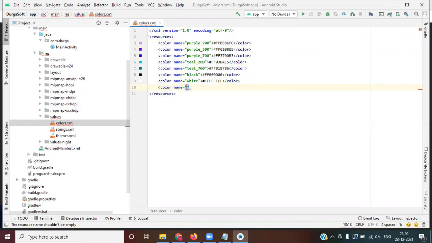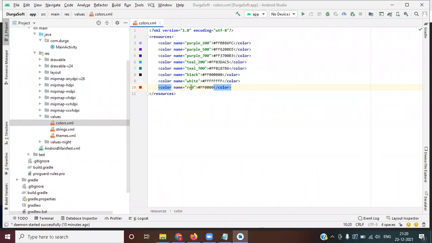Sorry, I will write some red color. I am writing hash FF0000. So this is the hexadecimal format, the red color code.